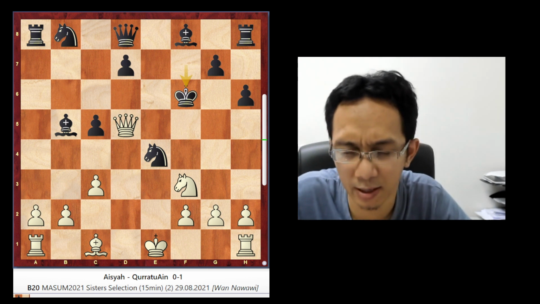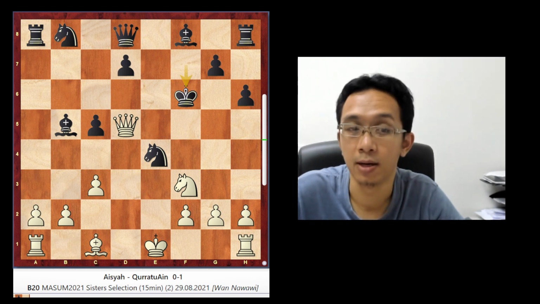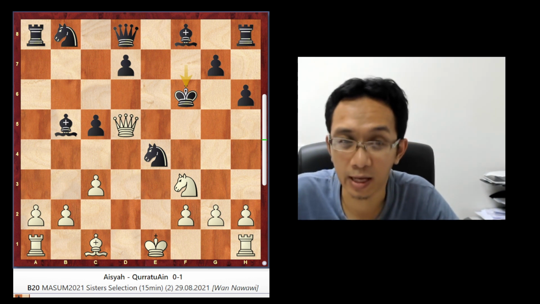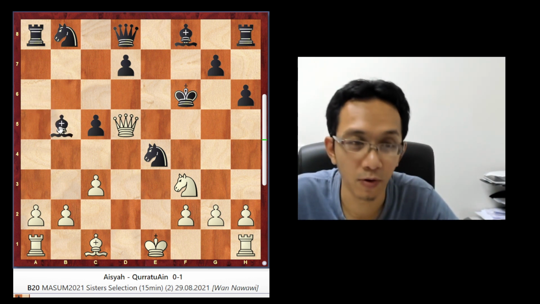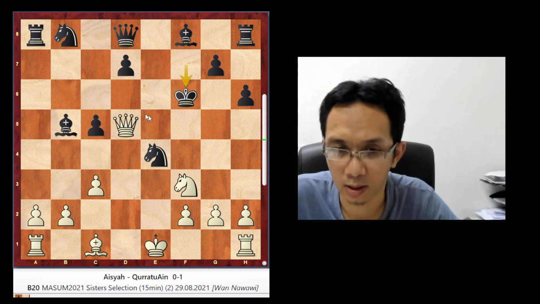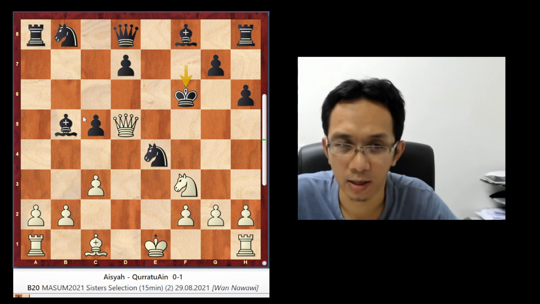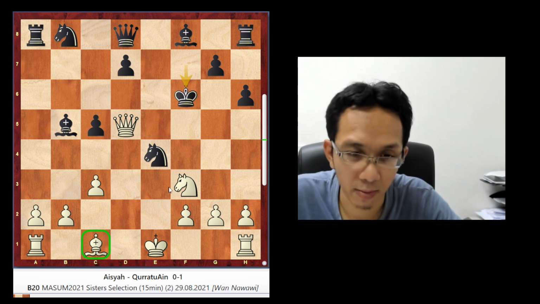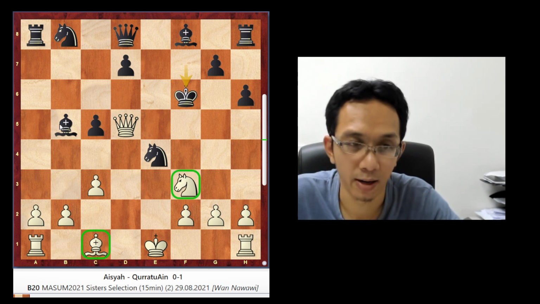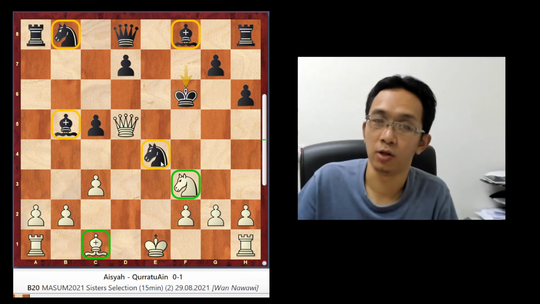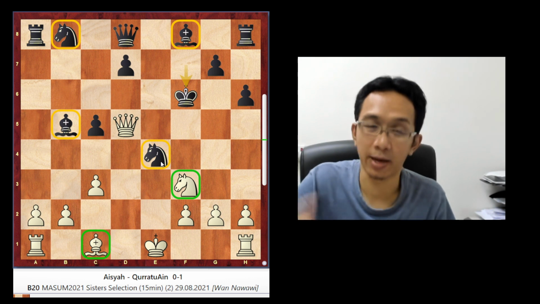So be careful. Even in the middle game or in the opening, be also careful about this perpetual check, even though you think that you already have a lot of pieces. If you look here, white already, if you count here, has a bishop and knight, and black has bishop, knight, and then bishop and knight. I mean, you have an extra two pieces, bishop and knight.